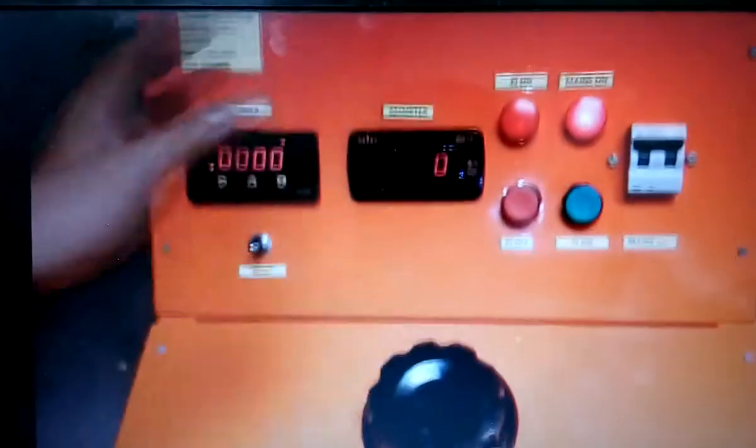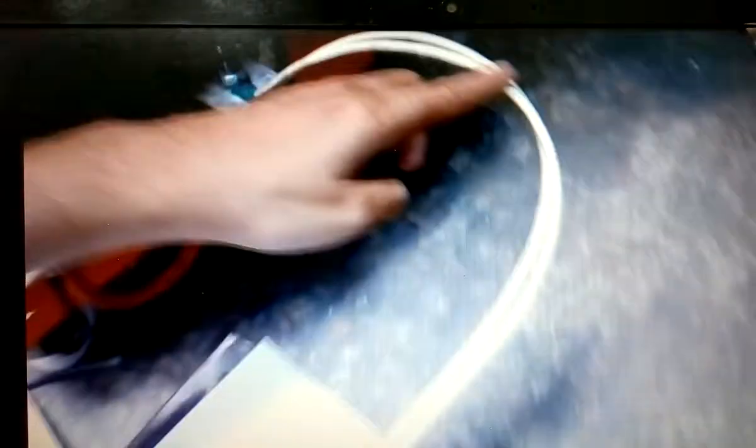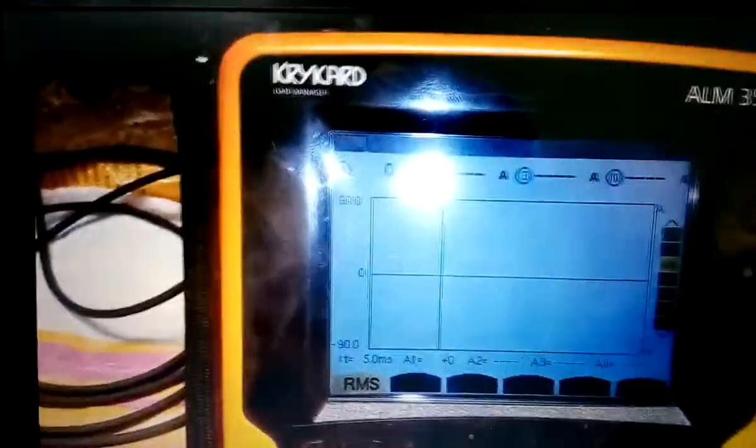This is a current controller. By varying the knob, you can vary the current from 0 to 1000 ampere in this case. Now see, these are the output terminals. This is the output where you connect the testing apparatus, in this case MCCB, across these two terminals, and these are the external CTs wherein you can measure the current externally. We have connected here the LM35 power quality analyzer to see the current.